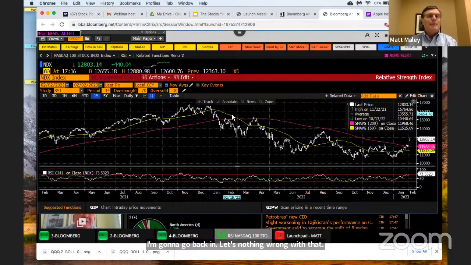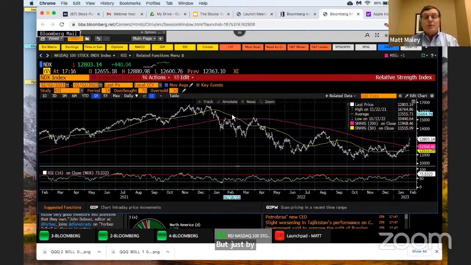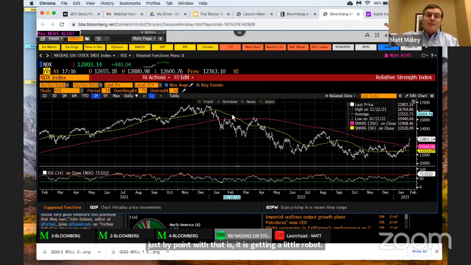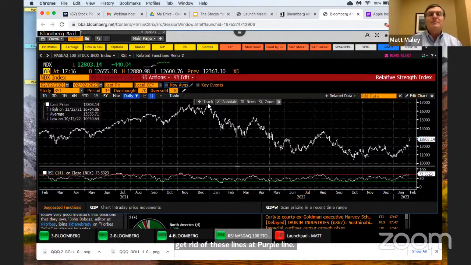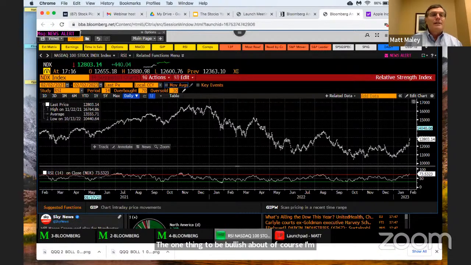But my point is it is getting a little overbought, so I'd be careful about this on a short-term basis. It might go back down and rally back up by the end of February, but you can also be a little bit more active in the trading. Look at this. I'm going to get rid of these lines, that purple line. The one thing to be bullish about, of course, on a longer-term basis, is the fact that,